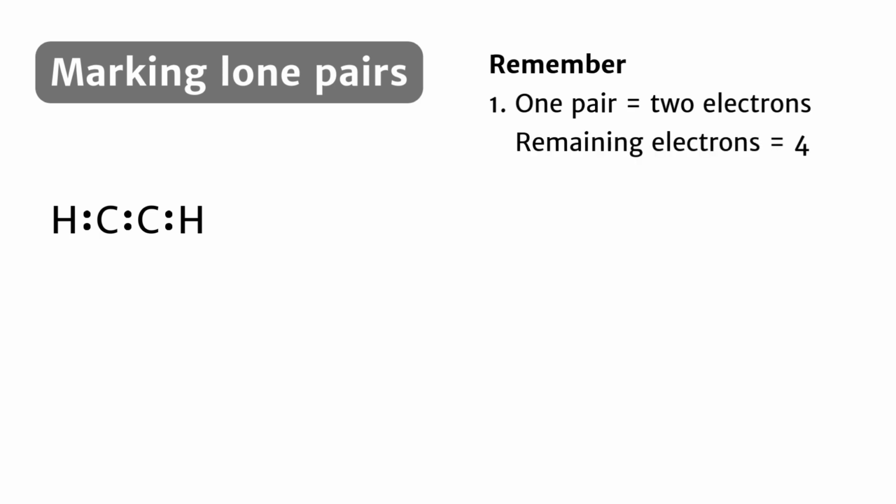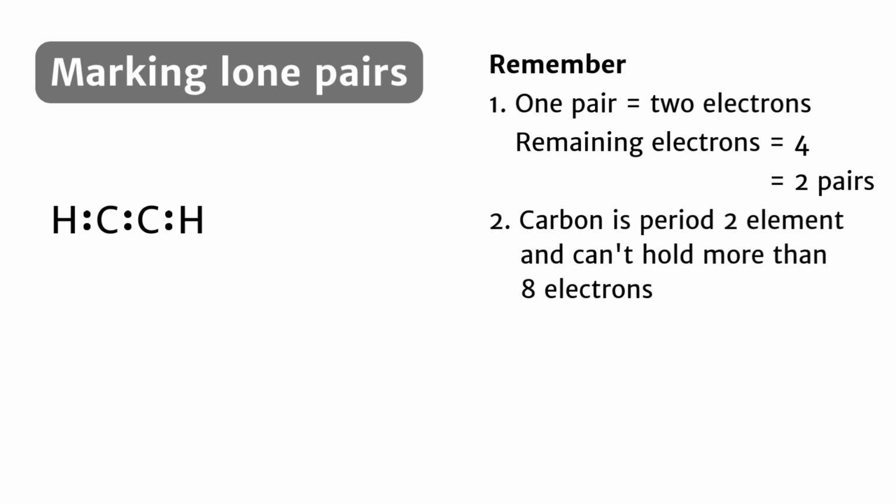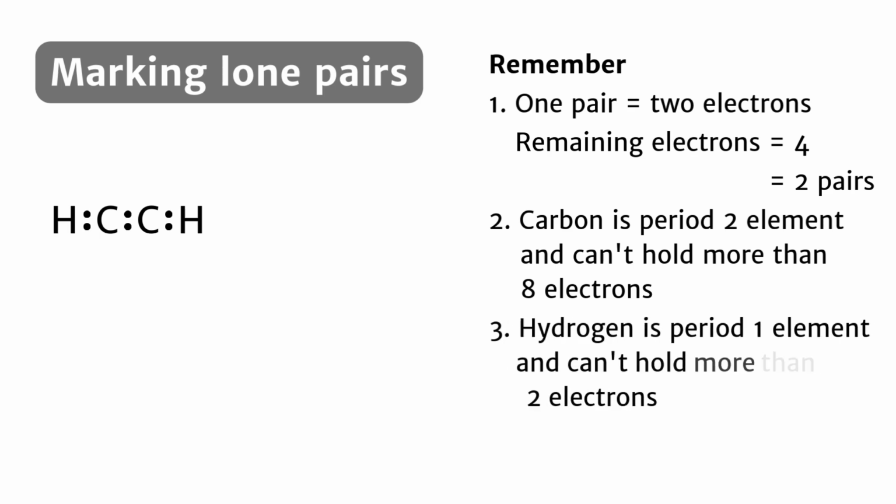Since there are 4 unutilized electrons, 2 lone pairs can be created and represented on the structure. It's also important to note that carbon, as a period 2 element, can hold only up to 8 electrons in its valence shell. In contrast, hydrogen, being a period 1 element, is limited to just 2 electrons in its outer